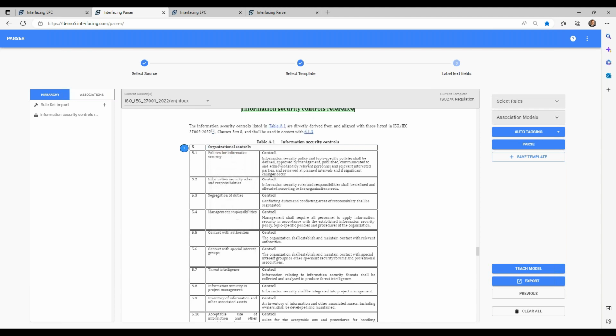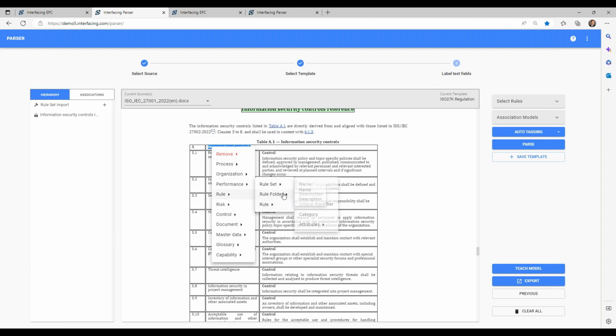instead of using the table. In the past, we used table tagging, which is this one, where you're tagging the entire table. Now we support more complex rules inside of tables because it knows the cells with standard parsing. So if I go ahead and tag this as the rule folder name, because we're grouping these. Oh, excuse me, even worse, I'm in control. So control folder name,